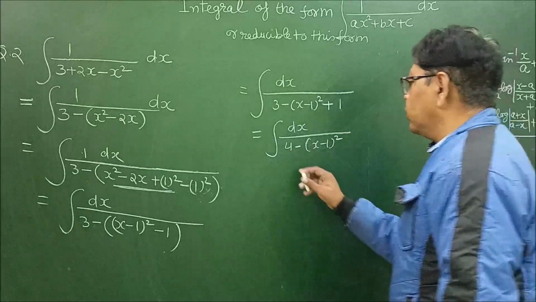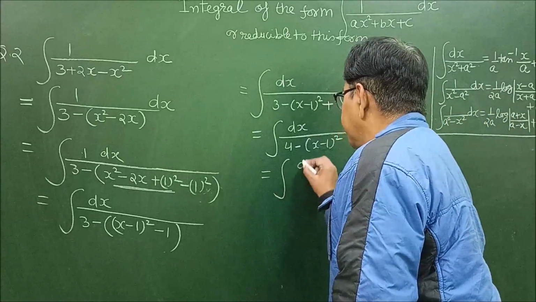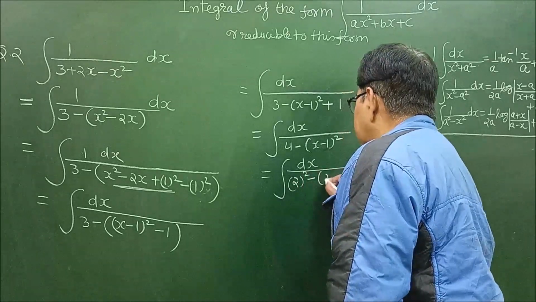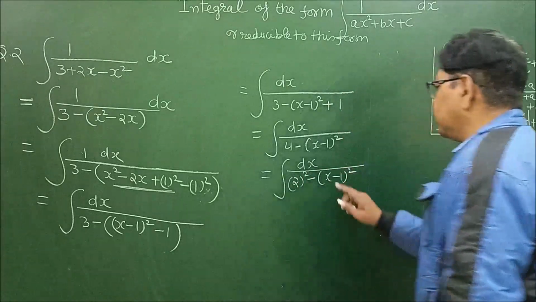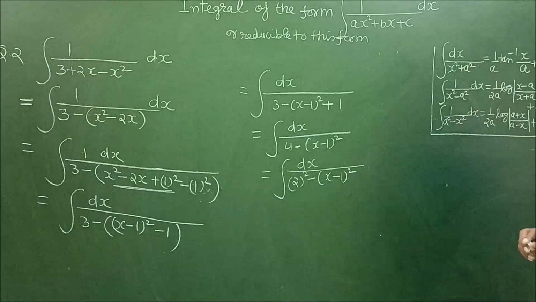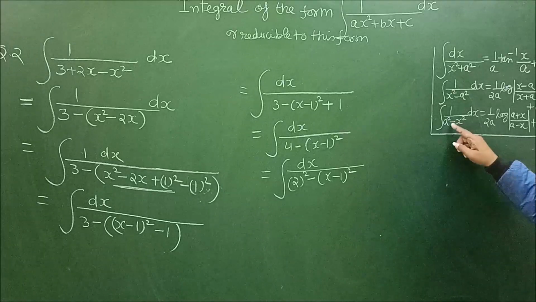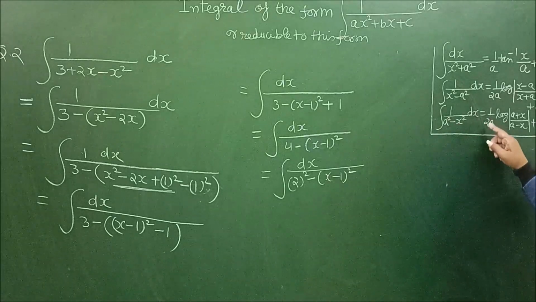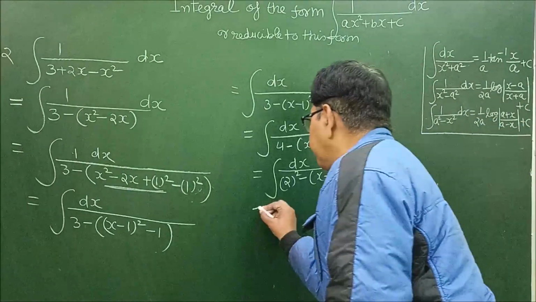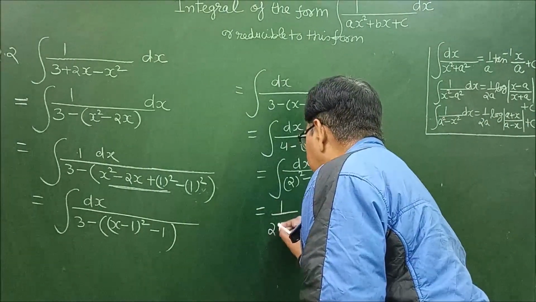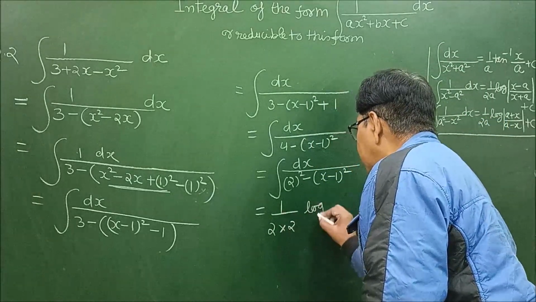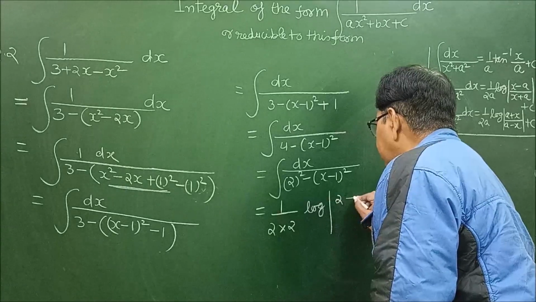Now this 4 can be written as 2 square, so dx upon 2 square minus (x minus 1) whole square. If the coefficient of x is 1, then directly these formulas can be applied. So here it is of the form dx upon a square minus x square, which is 1 upon 2a log mod (a plus x) upon (a minus x). So 1 upon 2 into the value of a, where a is 2 here, log mod (a plus x), that is 2 plus